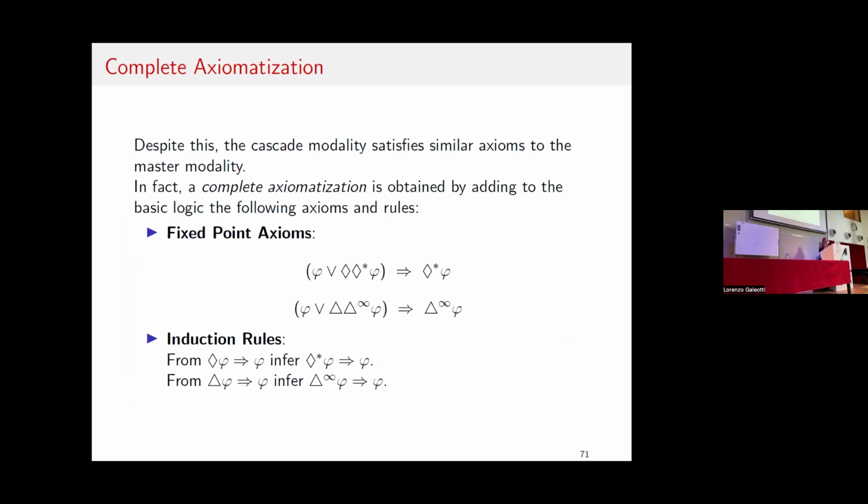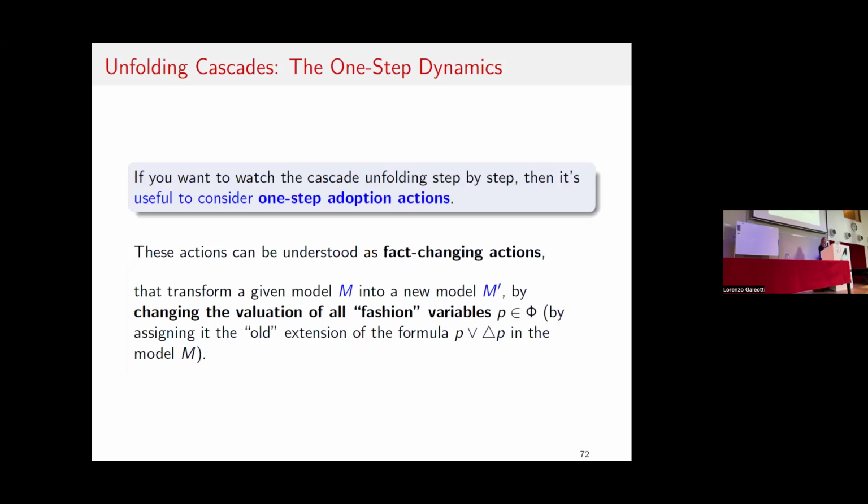I'm not going to go over the full details of this, but with these two modalities, jumping in one step to the formation of the full cascade, and with this master modality, the axiomatization becomes simpler by just adding the standard fixed point axioms and rules that you have of mu calculus to this system. But I'll go a bit faster over that so that I can also talk about the network change at some